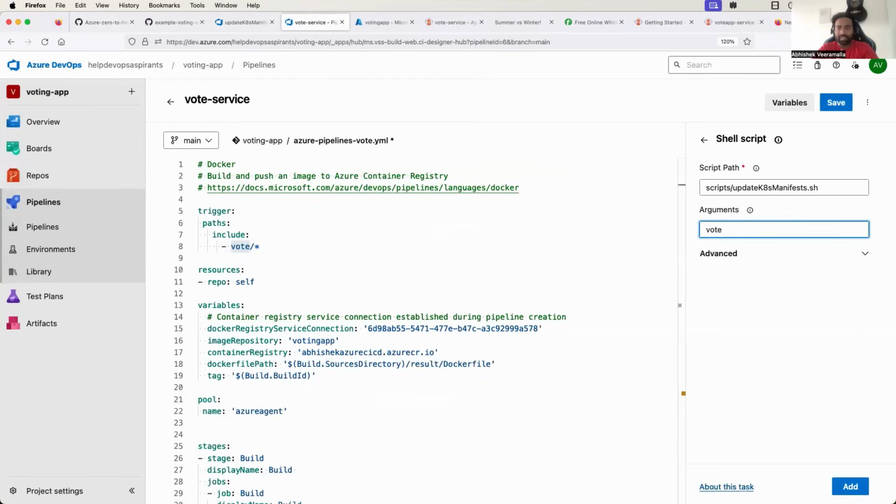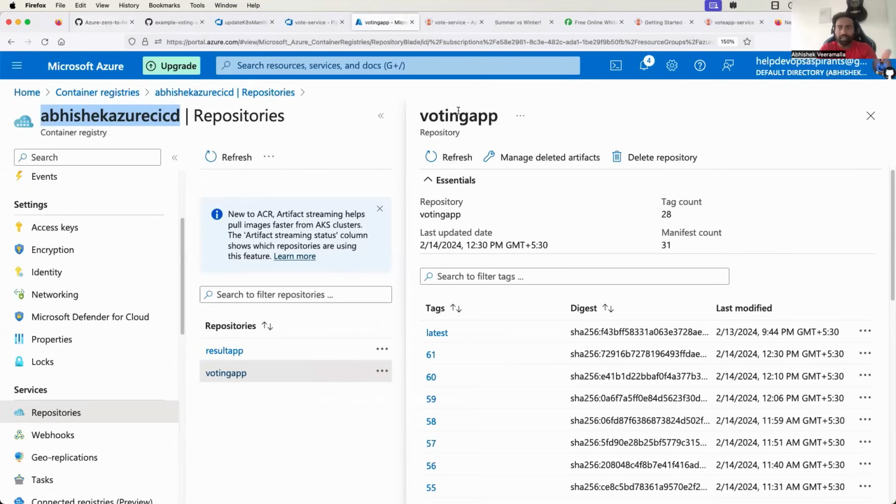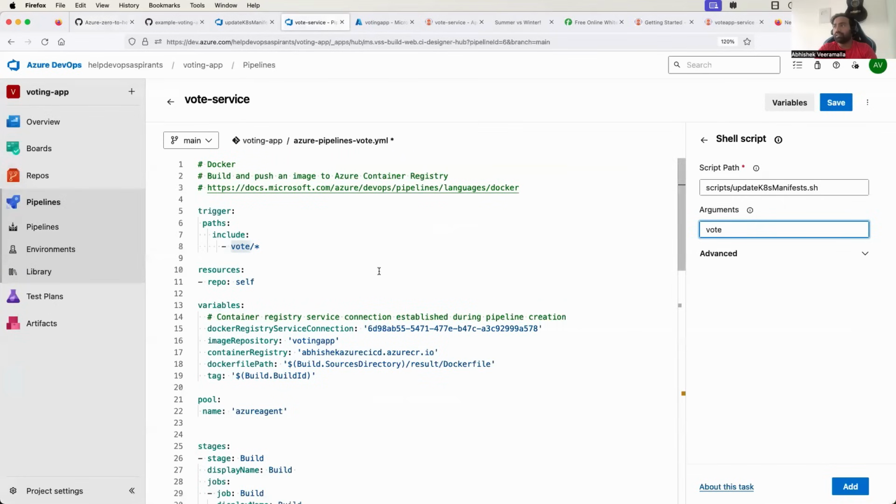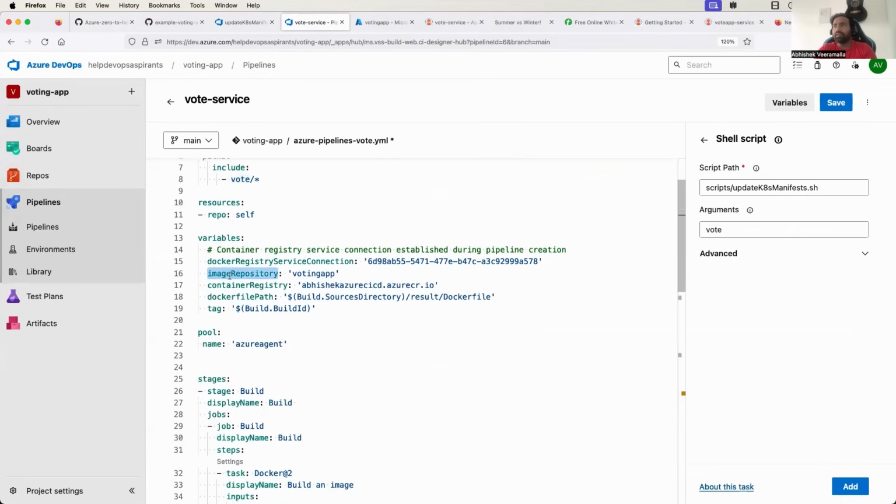The second command line argument is my Azure repository name, the ACR repository name. So I will take this as outing app, and I don't want to copy it because there is already a variable that I've created for that, right? So this is the variable which is called image repository. So I can simply do $image repository, and the final one is the tag. So I can simply do $tag,